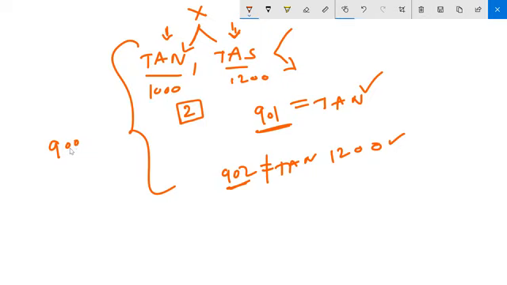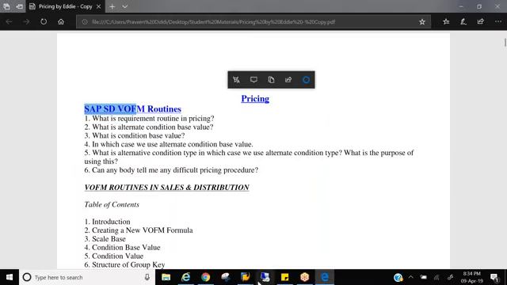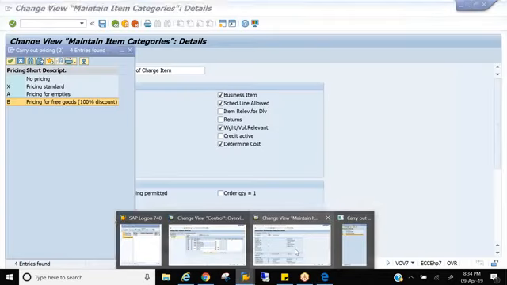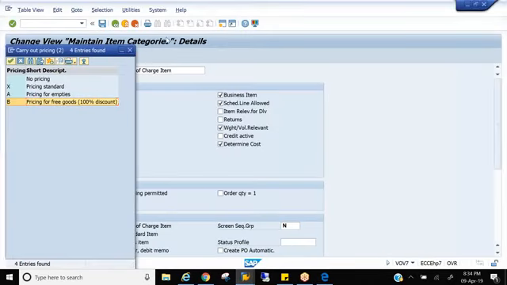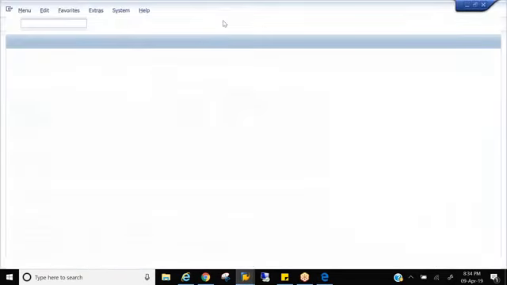Any new routine to be developed should be between 901 and 999. Up to 900 is system reserved, and SAP has given enough routines like 2, 4, 10, 55, whatever we have discussed so far. This document will explain every routine, and where it comes from: the same transaction I showed yesterday, VOFM routines.